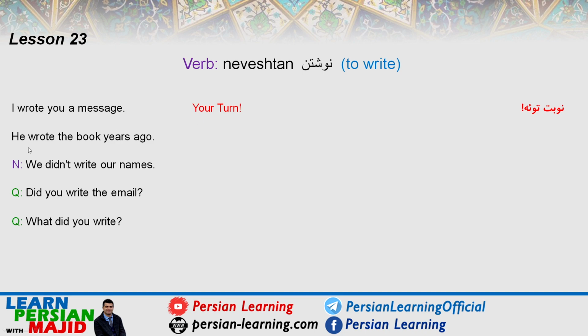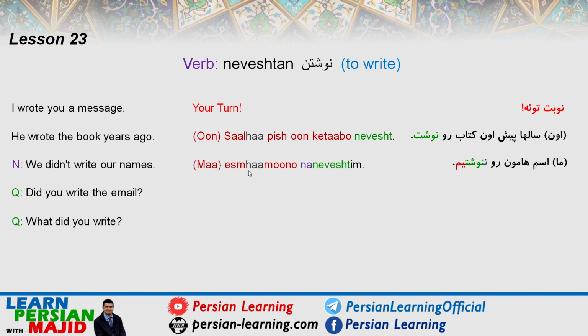نوشتن. He wrote the book years ago. سالها پیش, years ago, سالها پیش اون کتابو نوشت. We didn't write our names. اسم هامونو ننوشتیم. Did you write the email? ایمیل رو or ایمیلو نوشتی؟ What did you write? چی نوشتی؟